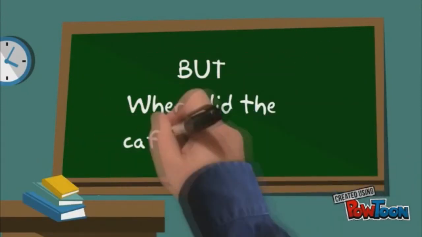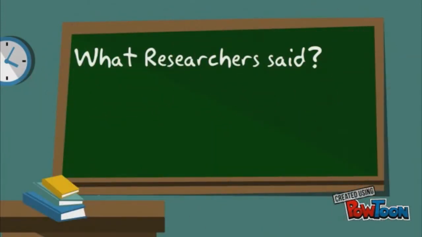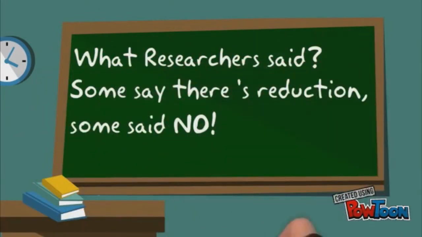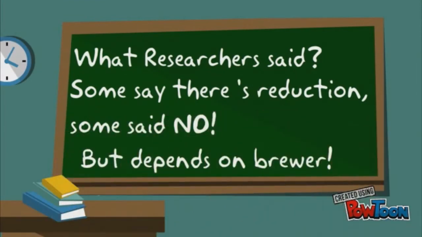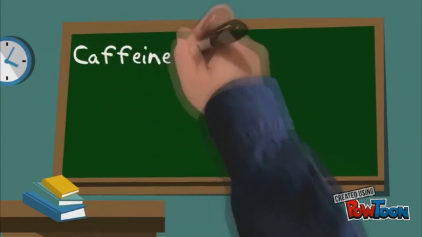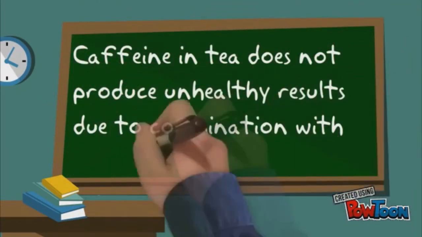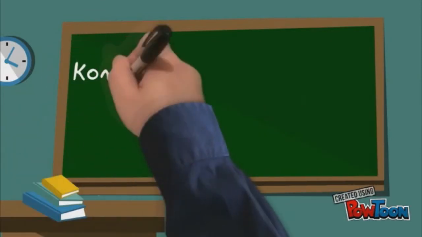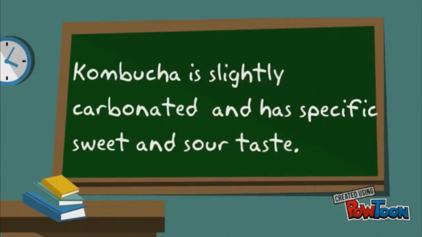But for the caffeine, what actually happens to the caffeine during fermentation cycle is another debate. Many claim that the caffeine as well as the sugar are eliminated during the process, but some researchers found reduction in caffeine, but some did not. However, they all concluded that it all depends on the brewer. The presence of caffeine in tea does not produce any unhealthy results due to its combination with tea polyphenols. The latter product of the biotransformation occurs in form of slightly carbonated and consumable broth, which actually have a specific sweet and sour